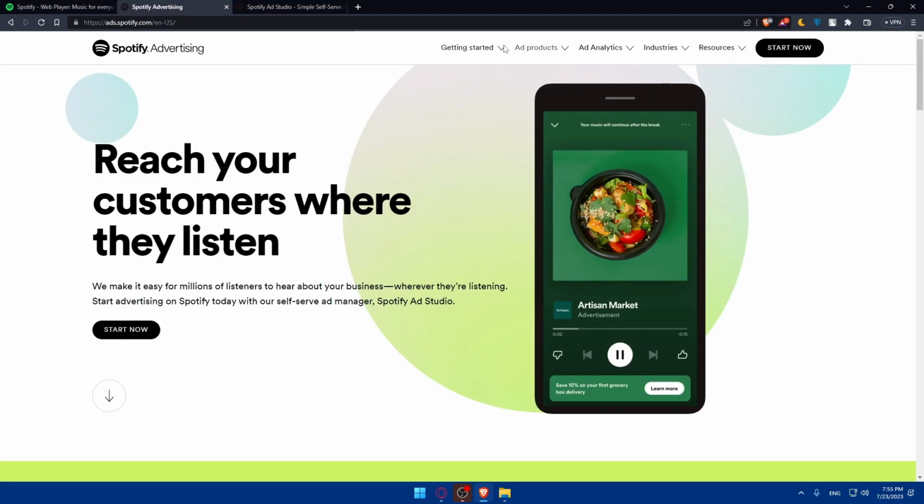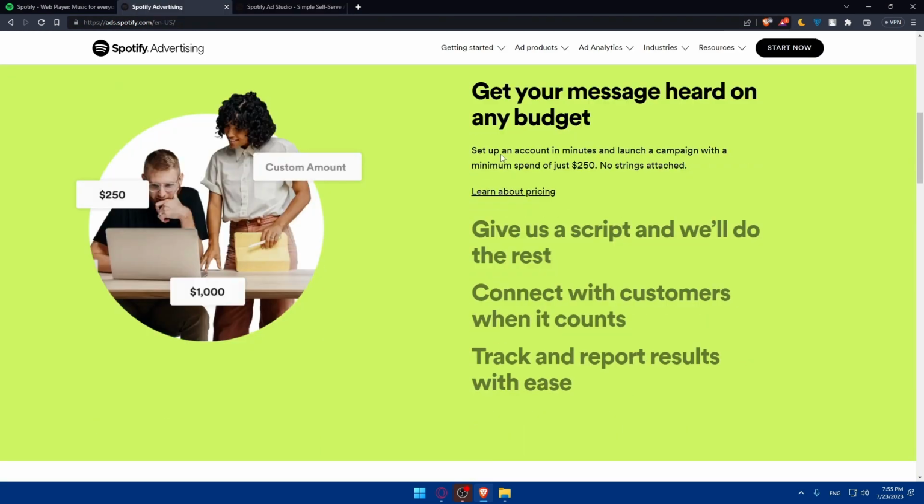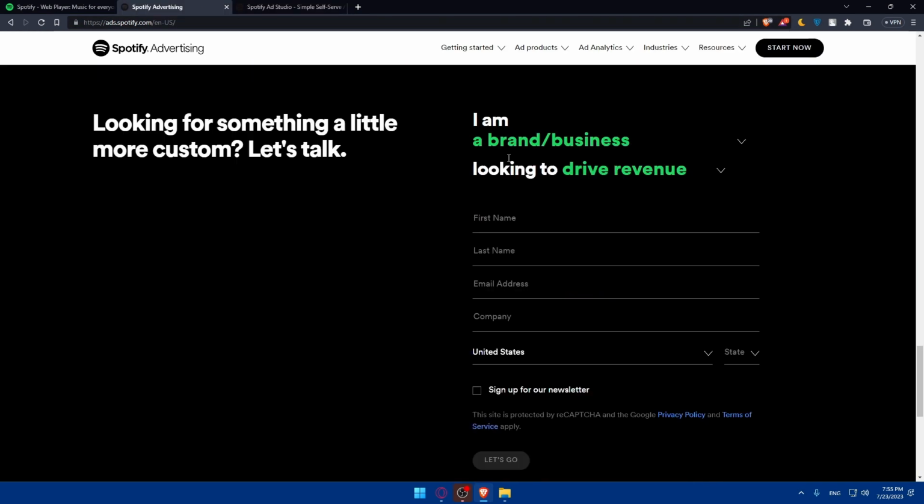And if you can see here, let's just wait for the page until it loads. Of course, from here you'll be able to see how it works, the pricing, a lot of other stuff, add products, add analytics, industries, and resources. You'll be able to see everything here on the first page, and you can even scroll down to know